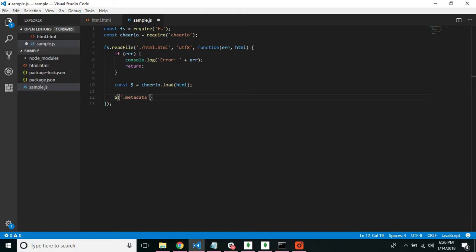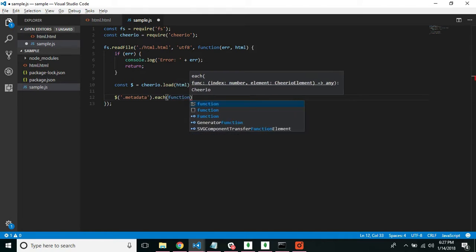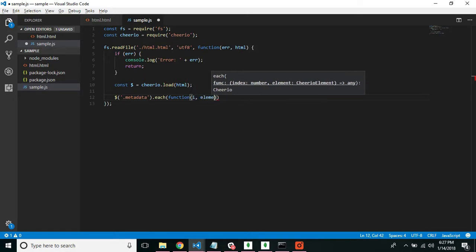There's only one. So let's just say maybe we're looking at a list of videos here and they all have different metadata. So let's actually do each, and we're going to loop through each of these. This will be fun and interesting. We're going to have an index in this new function, and we're going to have an element we're looking for. Let's make a function. This function is going to be pretty simple, except I have a lot of variables to define. Let's take a look at video ID,